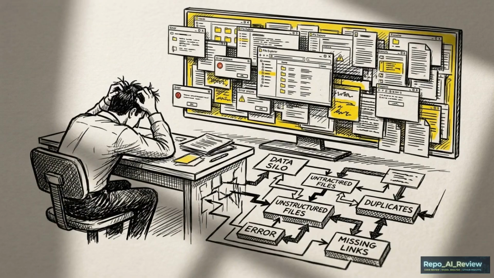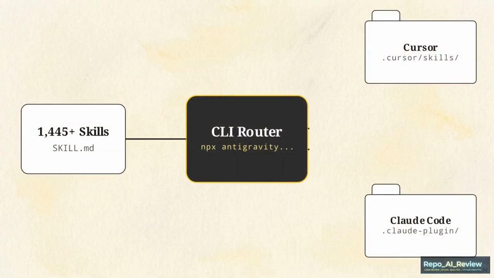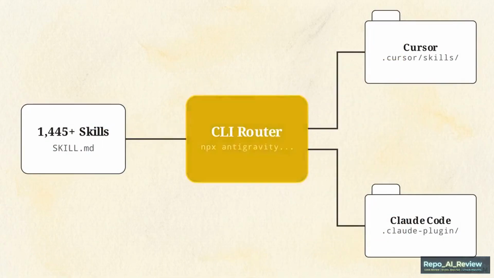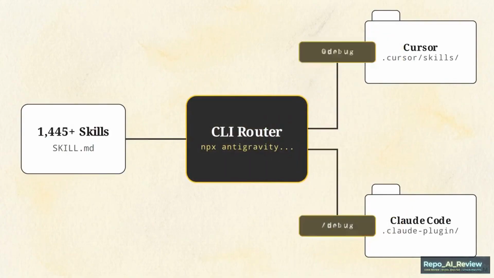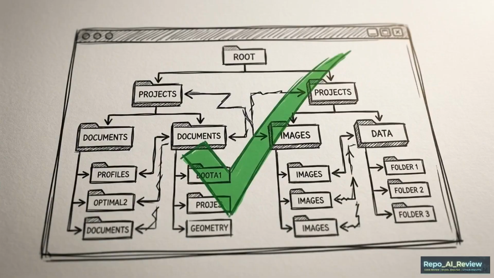Manually downloading and routing 1,400 individual files into specific IDE folders is a task no developer has time to perform. To solve this, the repository uses a Universal Installer CLI, triggered by the command npx antigravity-awesome-skills. This diagram shows the CLI's routing function, automatically sending playbooks into the required host directory based on the chosen tool. As data travels, the installer translates syntax on the fly, ensuring Claude Code and Cursor receive instructions in their exact required format. A single terminal command standardizes the workspace without requiring manual file configuration.